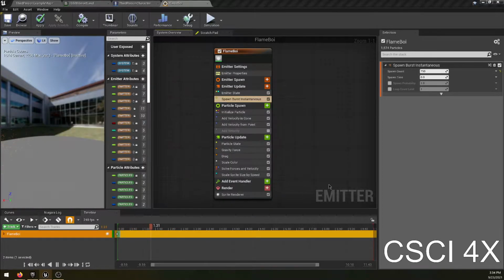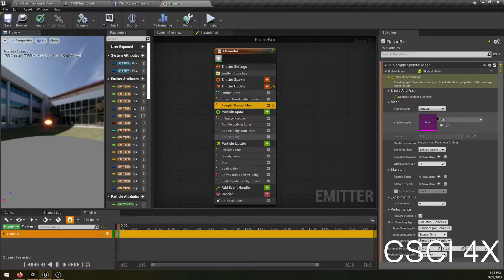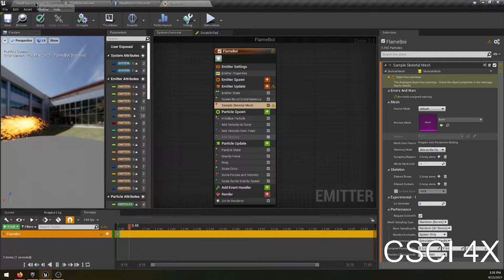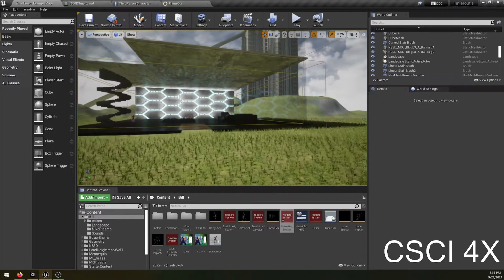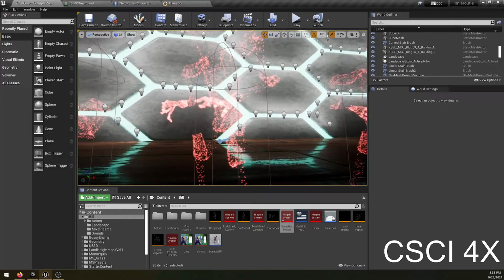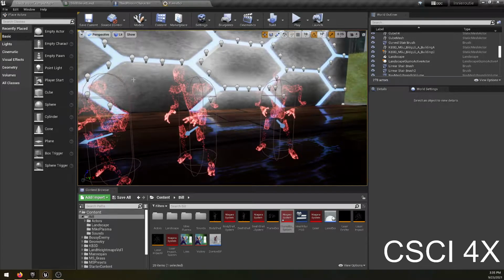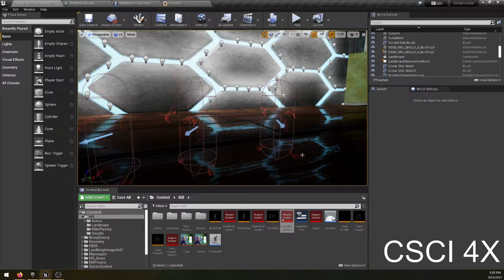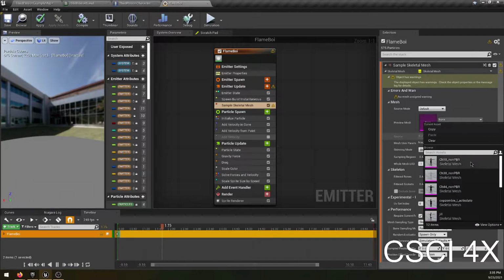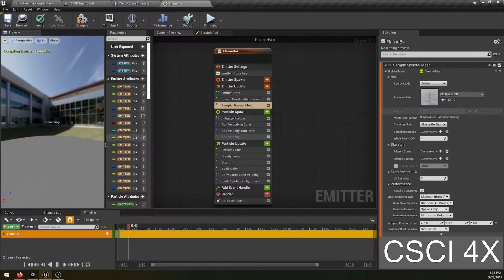Skeletal mesh. Sample skeletal mesh is kind of cool. Object is warnings. Check the object properties or the message log for details. No mesh assigned. Yes, I know. So, if you were wondering how I got my characters to look like these kind of outlines of skeletons, what I did was a sample skeletal mesh. And so I created this really jacked up skeletal mesh like this, and I did this. So if I have my flamethrower sample this thing here,